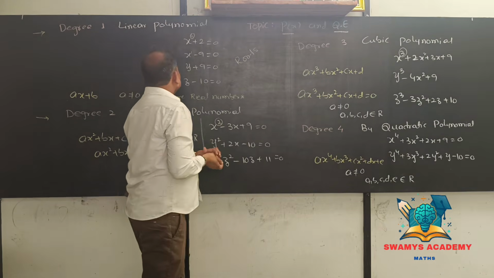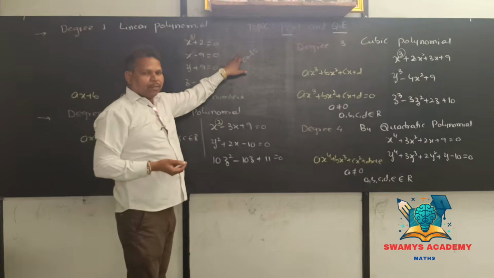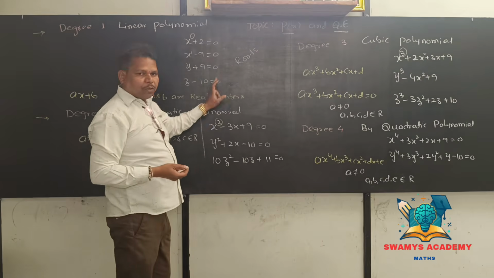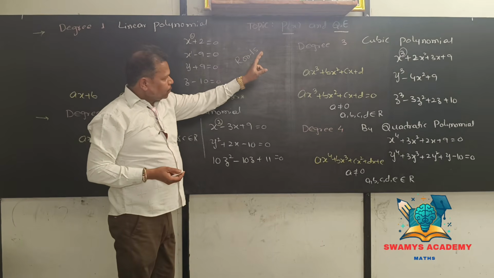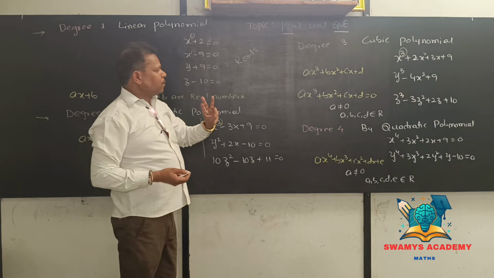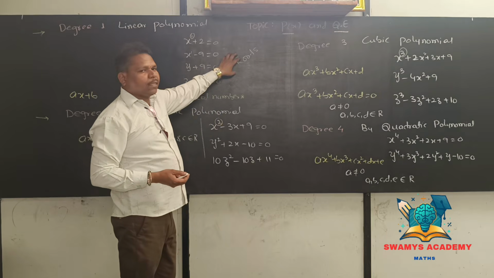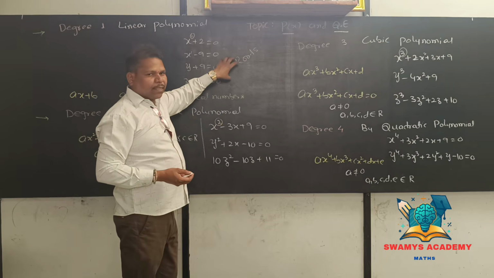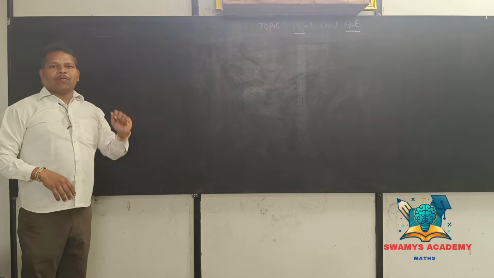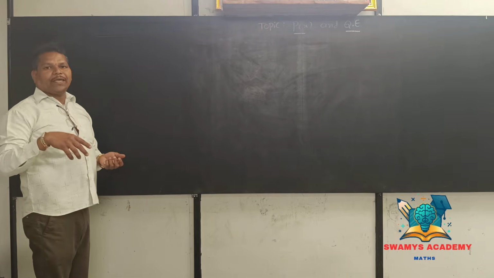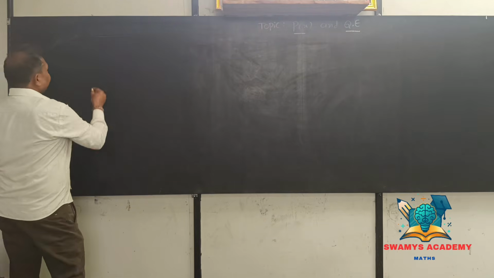That means a linear polynomial will get 1 root, a quadratic polynomial will get 2 roots, a cubic polynomial will get 3 roots, and a biquadratic polynomial will get 4 roots. These are called roots. Now, the standard form of the quadratic equation: quadratic polynomial ax square